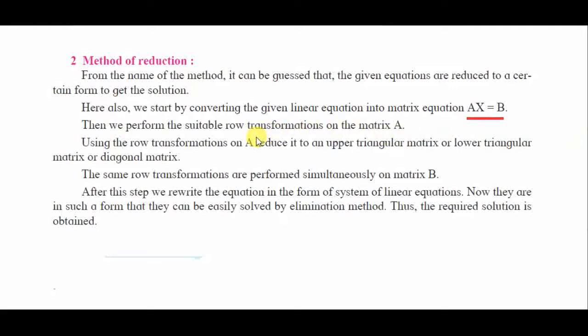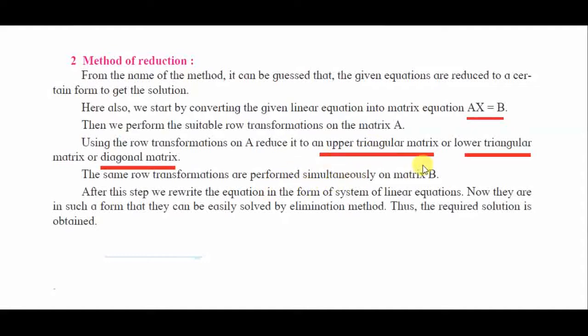In that case, we always convert matrix A into an upper triangular matrix or a lower triangular matrix. Our choice is also a diagonal matrix, and that also we will use. But most of the time the easy way is the upper triangular matrix, where the values below the diagonal must be 0. That matrix is an upper triangular matrix, so that matrix we will convert.